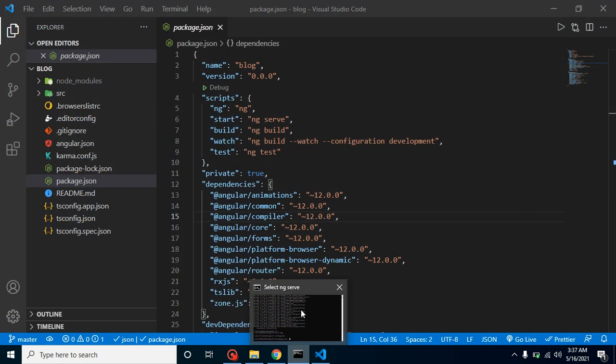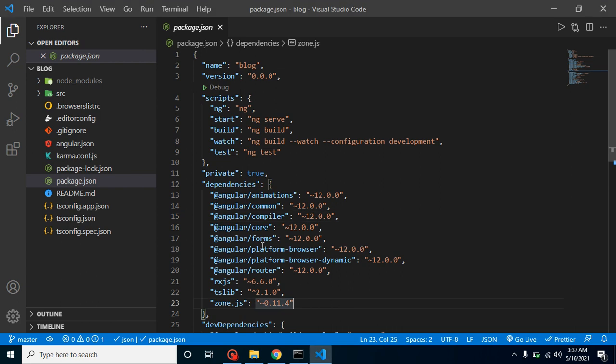The first thing you can do is put your version directly here, like Angular 11, with all the packages, and after that you can run npm install. It will convert all your packages to the lower version, Angular 11 or whatever version you are setting here. And the second, this is actually not a genuine way.